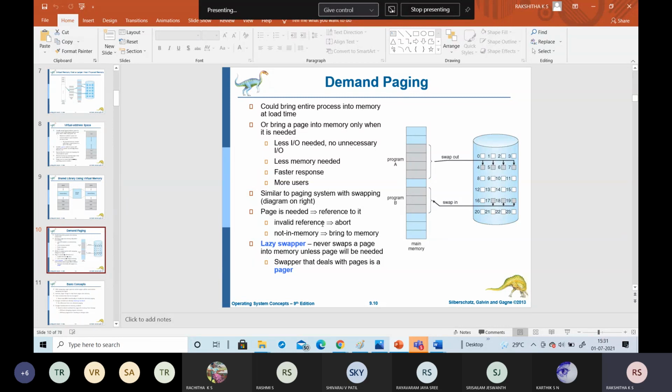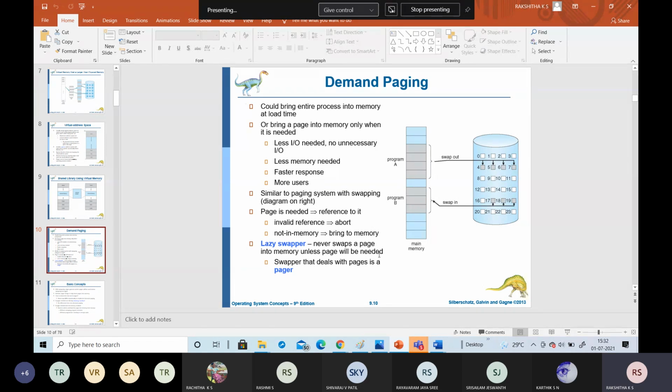So here we have seen the valid bit as well as the invalid bit, in the page table for the memory.